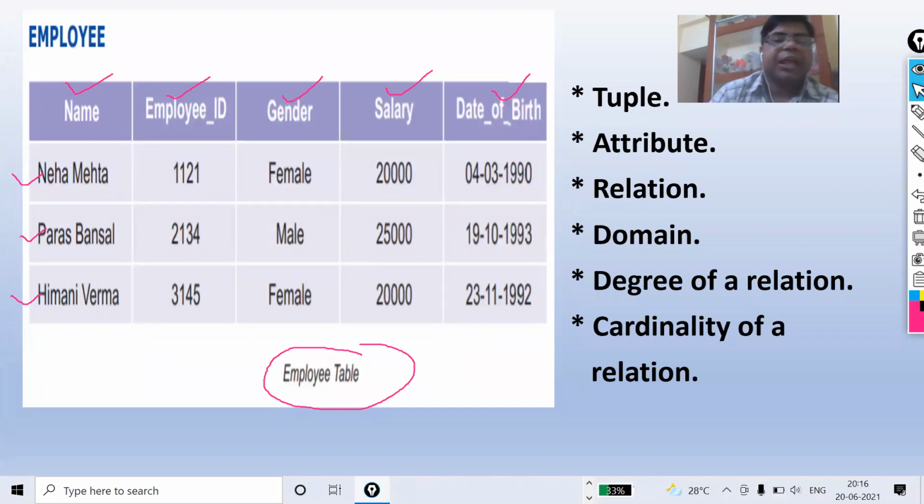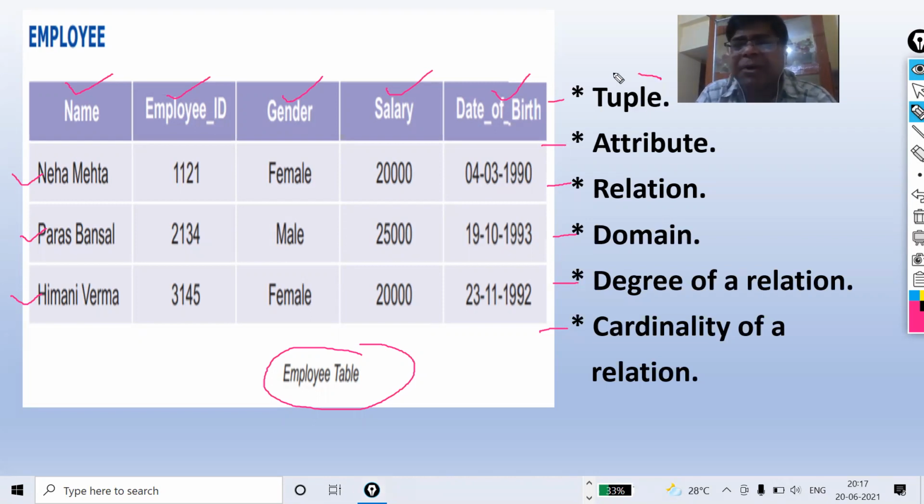Students, in relational model, you must know all these topics. Couple, don't say tuple, it is couple. Its pronunciation is couple. Attribute, relation, domain, degree of a relation, cardinality of a relation. This I will discuss one by one.